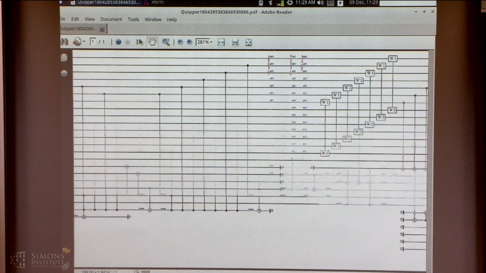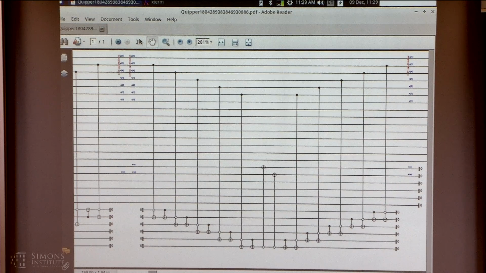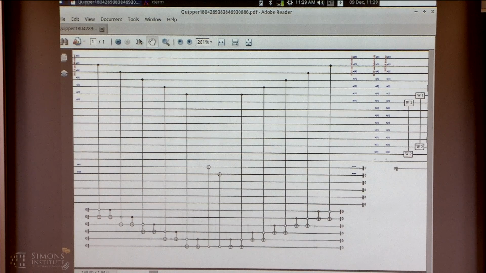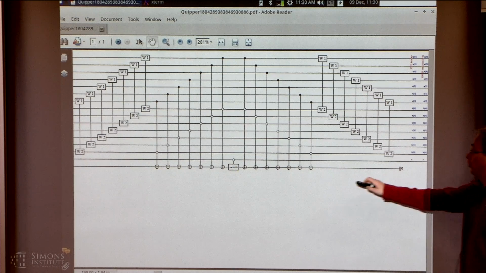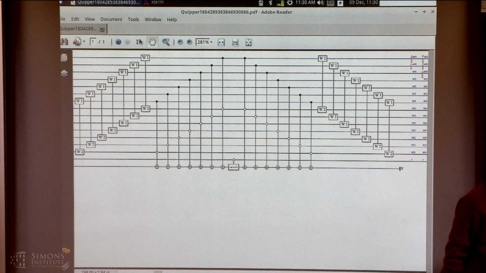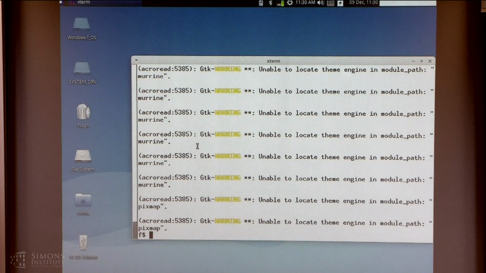Yep, here's the oracle. Then there's some kind of step. All these gates are classical. All of them are just controlled NOT gates. You could apply them to ordinary bits. It wouldn't have to be qubits at this point. Then there's a relatively small part of the circuit where it's actually quantum. That's the actual time step. You do a basis change, then another basis change. Then you perform a single quantum gate here, which is some kind of tiny rotation about some angle. And then you undo the basis change, and then you undo the whole oracle, and so on. This is how these quantum algorithms work. And that's the idea of Quipper. You write a functional program, and it generates the circuit for you.